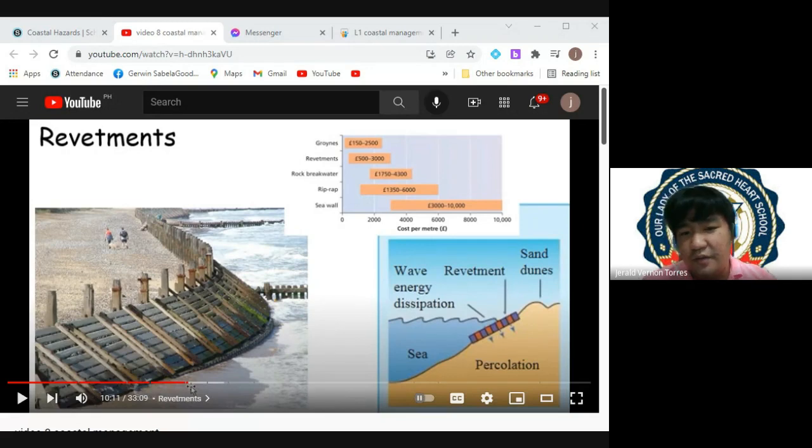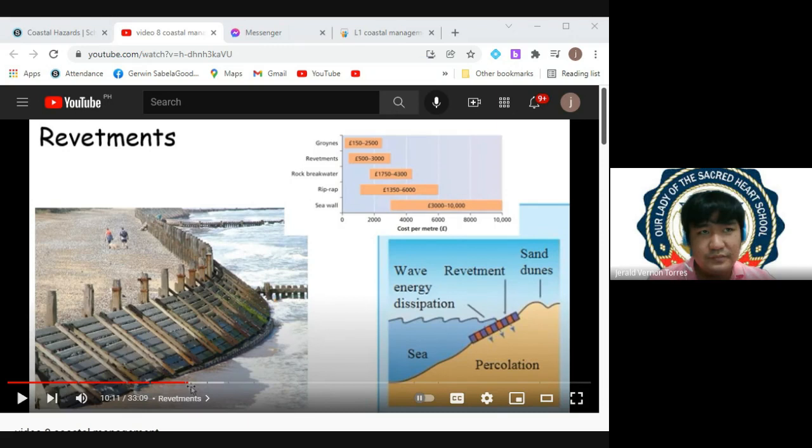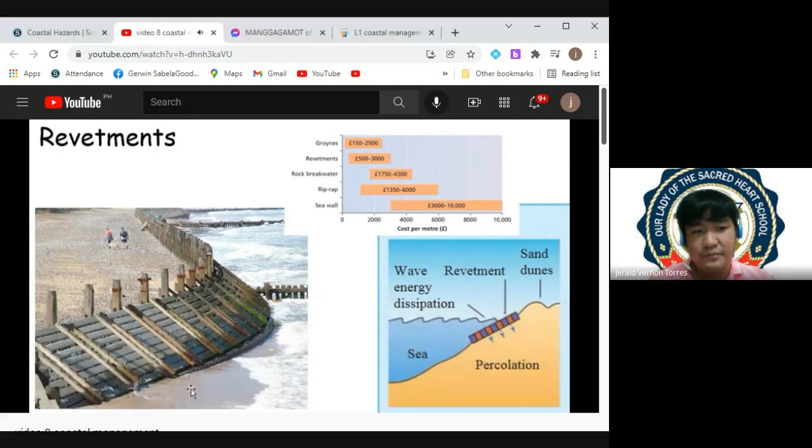Okay, did you understand the seawall, class? Do you have questions about the seawall? Sir, is the one in Manila Bay an example too? Yes, that is coastal erosion management, a structure. But that is not a seawall. What was used in Manila Bay is different; you will see that later on. Okay, can we continue? You understood the seawall? Let's proceed.